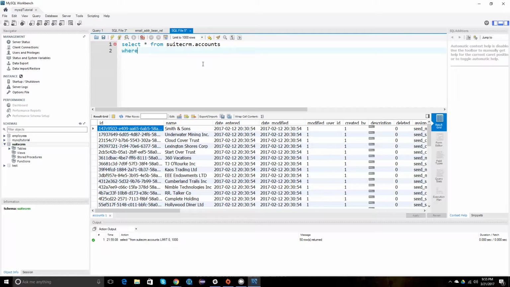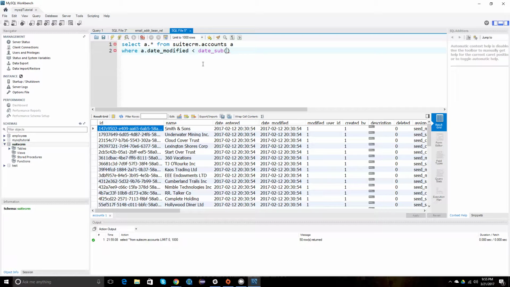And then what you want to do is put in your where clause, use the date modified or date entered, whichever you prefer. And I'll just use date modified. And I'm just going to go ahead and give this an alias. And we'll just use the alias up here to stay consistent. Where date modified. And so one thing you can do is, if you want to find where the date is less than a week ago, so you can do something like